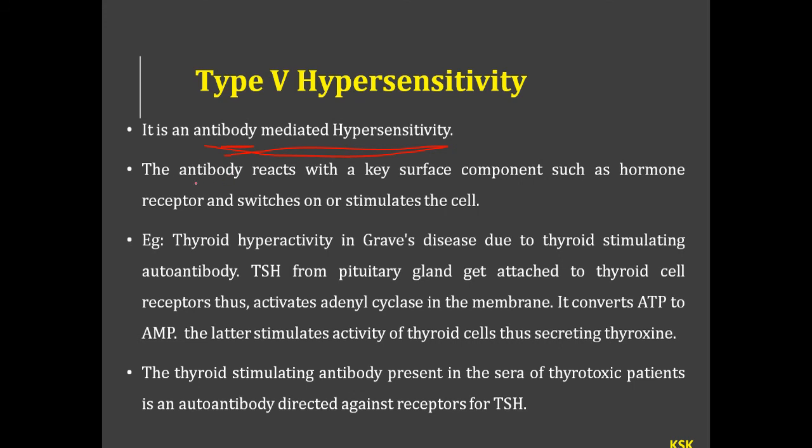Okay, when the antibody reacts with a cell surface component such as a hormone receptor, suppose this is the hormone receptor. When this antibody attaches to the hormone receptor, it acts on the hormones. What is the hormones' action? Whenever the body needs, only then they switch on and cause the release of the hormones. When there is no need, they switch off the release of the hormones. But whenever these antibodies are in our body,